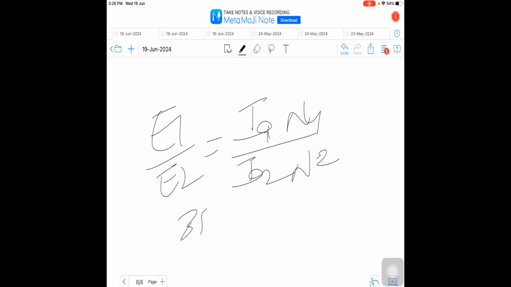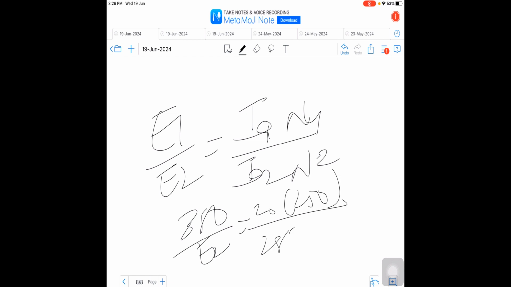So E1 is 380 by E2 is equal to 20 into 250 by 28 into 350. So substituting this we get E2 as 744.8